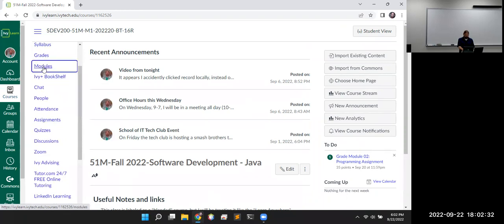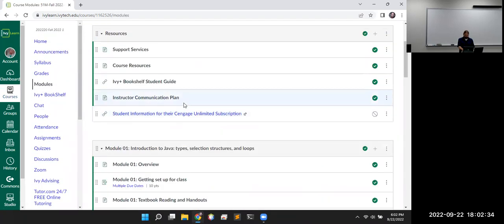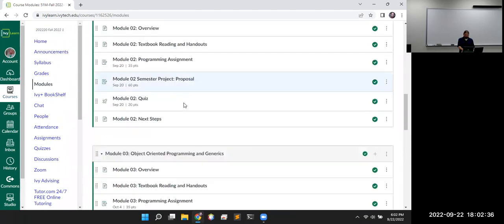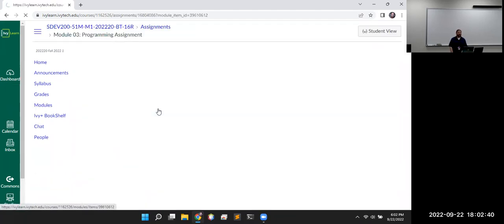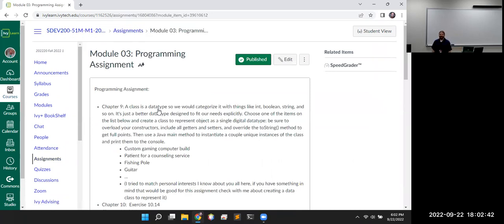Let's see, under modules, 16-week courses really stretch out. We're only in module 3 now. Oh yeah, it's not due till October 4th. So there's a pretty good chance I figure y'all probably wouldn't even look at it for a few more days still. But the first one,